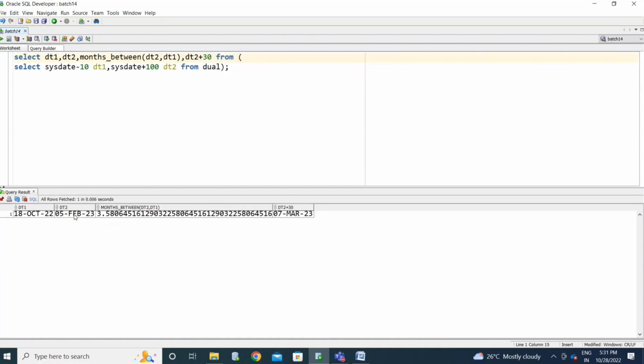Now we are in 5th February 23. If you go with 30 days, it needs to be 5th March actually. So I need to add 1 month of value from that one, but it is showing 7th March. So you are not adding exactly 1 month of values here. It is going with the wrong value, you are calculating the wrong values here.